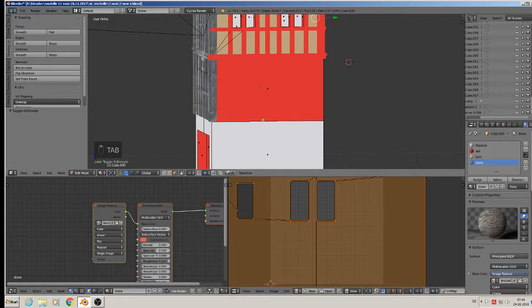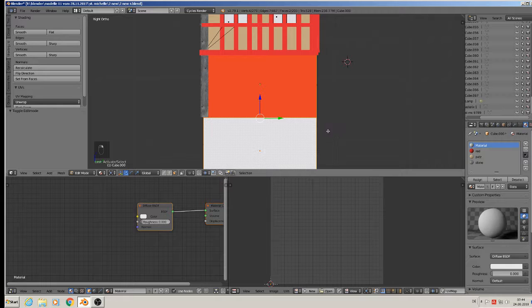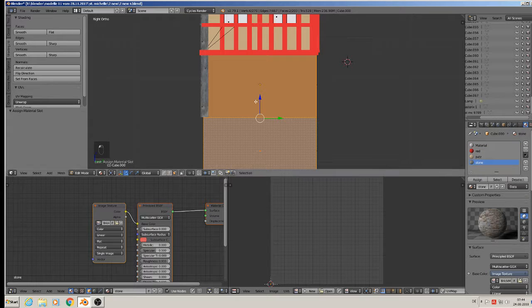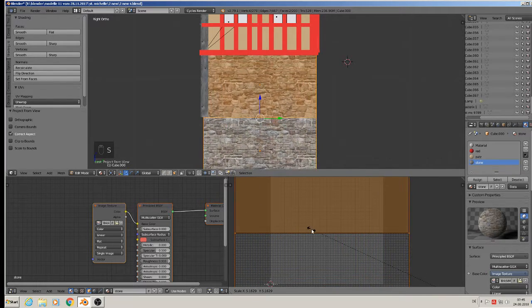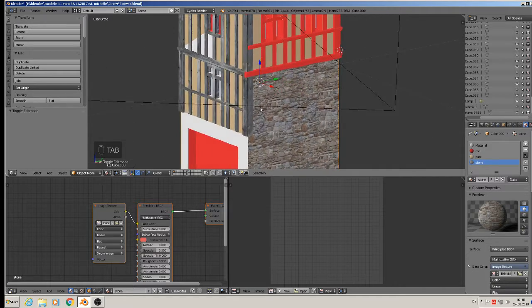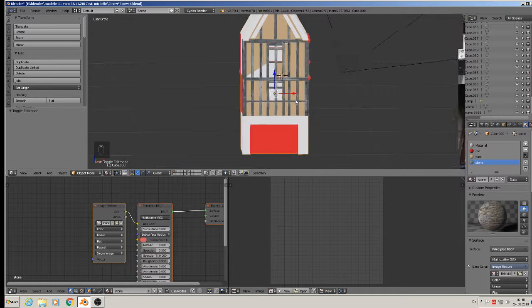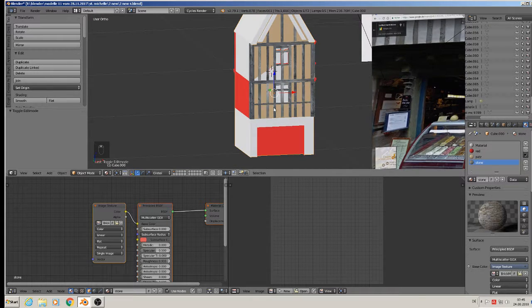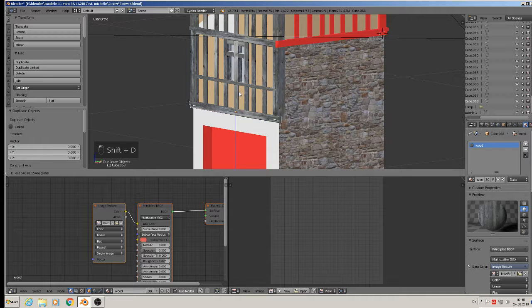Then we take both faces there. 3 on the numpad is side view. Then we take that and say here stone, assign, U for unwrap, project from view, and then we have that. If that is too dark, you can change that later. Here on the side we make nothing because I said there is a house later, so don't care about that. We copy that here, Shift D, and place it down under here,